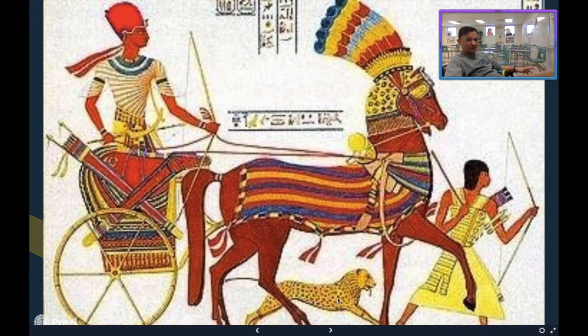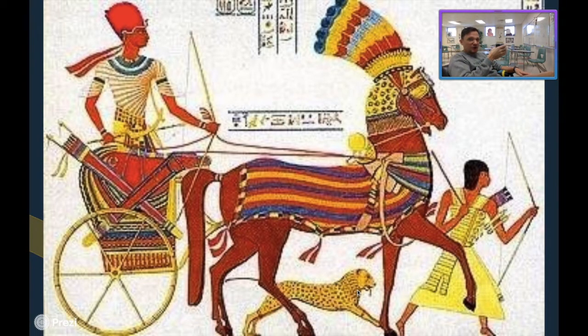And some of you are also seeing right here a cheetah right there. It's like, oh my God, Mr. Jerry, did they have armored cheetahs in their army? Well, no, actually. Apparently it was a pharaoh that kept about 30 of them in cages and stuff like that, tamed cheetahs that he would actually ride into battle with. But as you can see, Egyptian military, very sophisticated stuff.